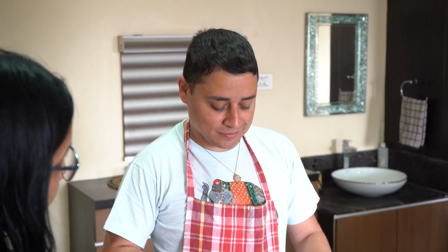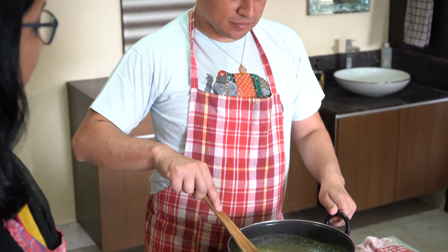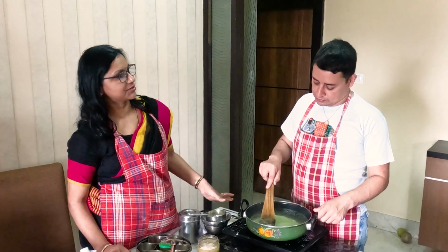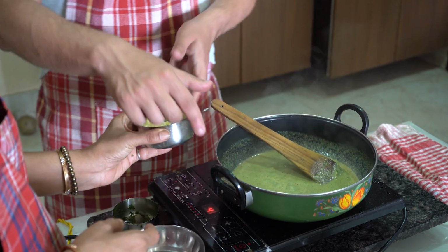If we want to add mint also in the paste, we can add mint, we can add coriander, we can add basil also. Can we substitute this spinach with mint, for example? No, not completely, but we can add a little bit. We will add 2 teaspoons of cheese now, because